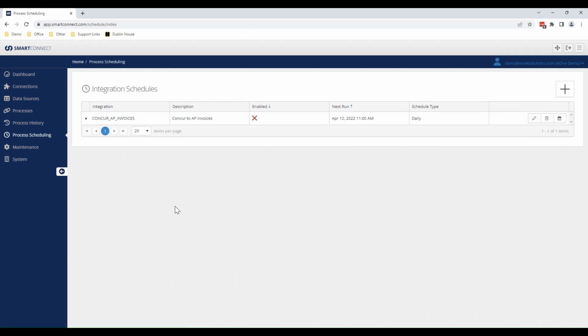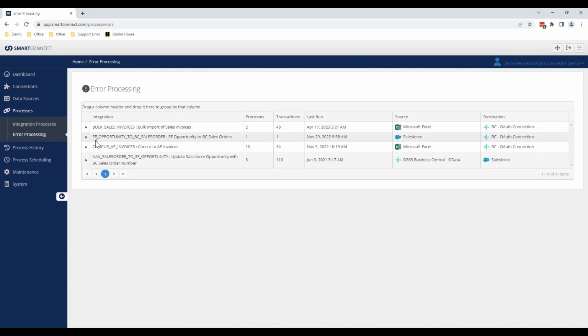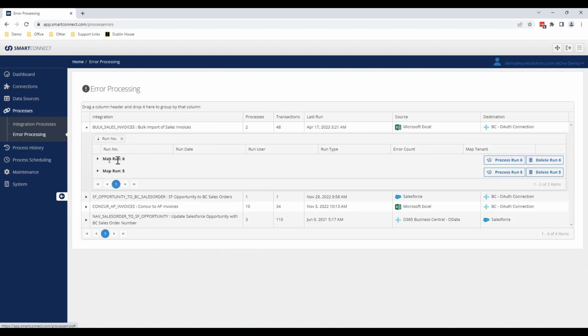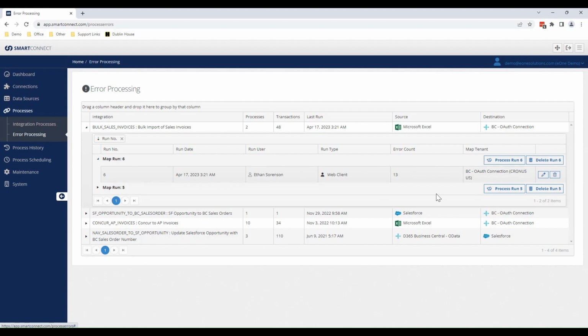The other thing I mentioned earlier was process errors. So I told you that you could check a box under options to save those process errors. If this is an integration that's automated, I might choose to do that, because that allows me to come into my error processing window. I can choose a particular map. I can see which runs have failed. I can expand that. I can even drill in, so I can see there were 13 errors in this particular run. If I click on this pencil,